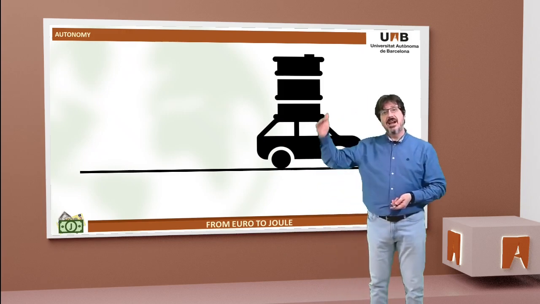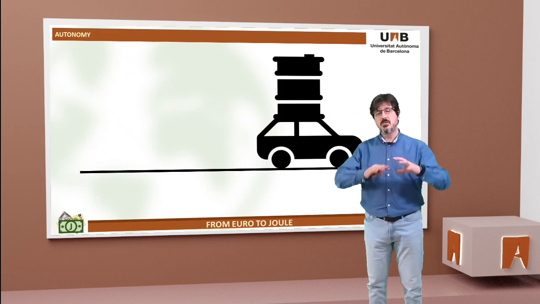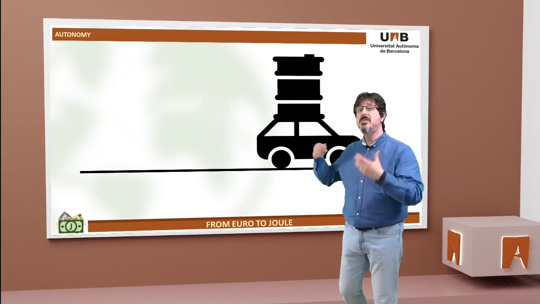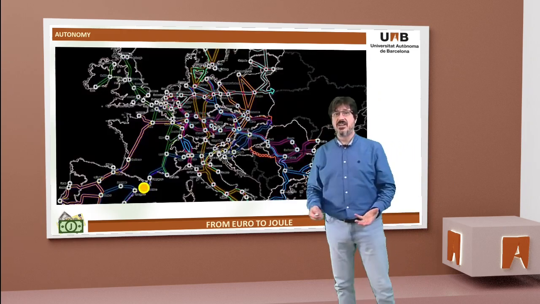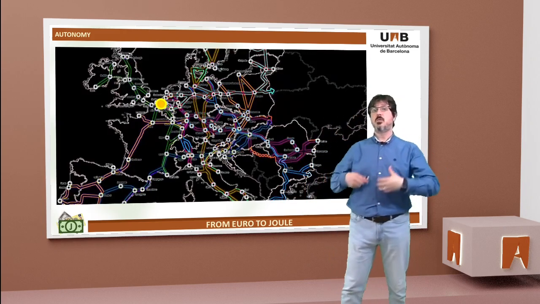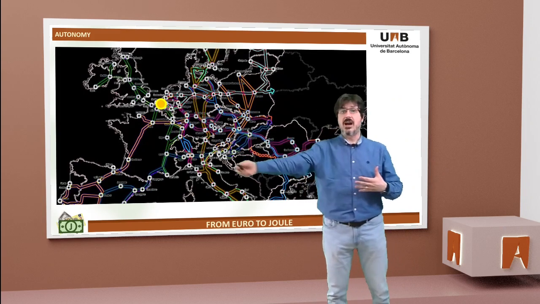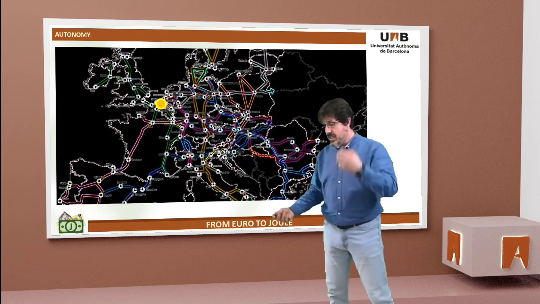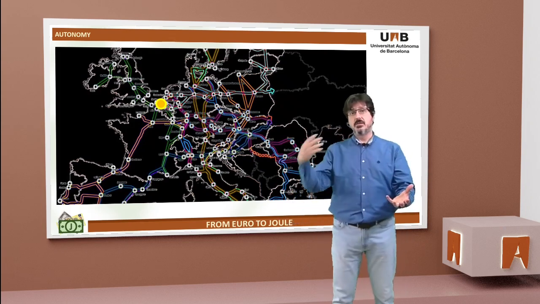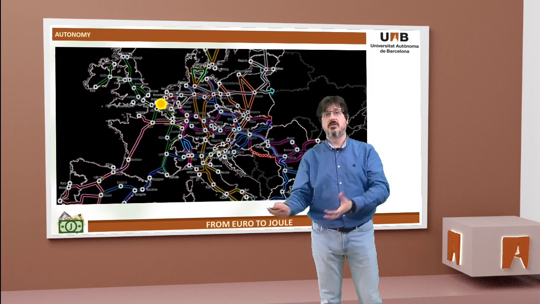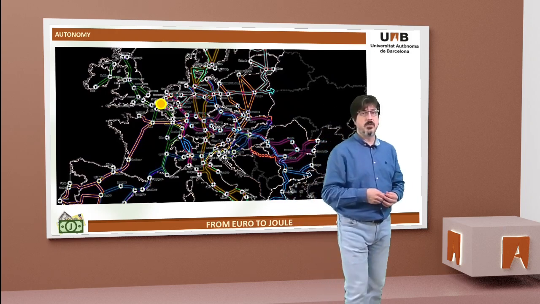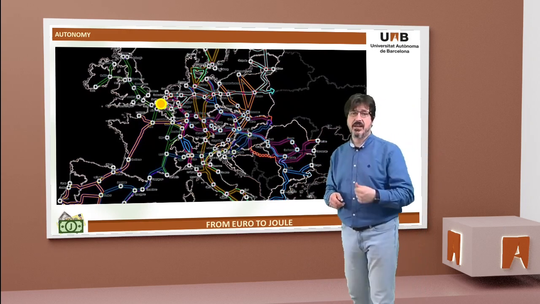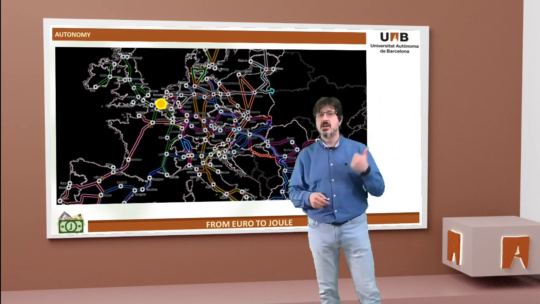Gasoline has a very high heat of combustion, and this means that with a very low amount of gasoline, we will be able to obtain so much energy, and this would mean that we will be able to cover a large distance with that fuel. So at the end, the autonomy of the vehicle is related to the heat of combustion of the fuel that we are using. And this is the first reason why gasoline is so used,